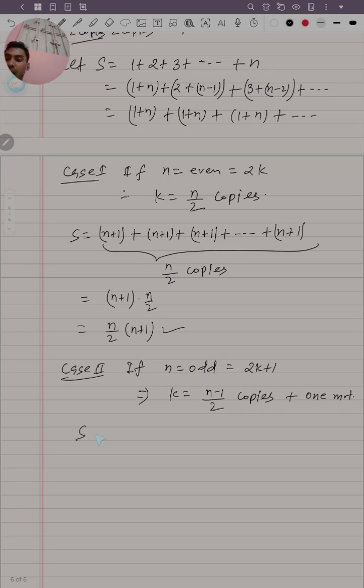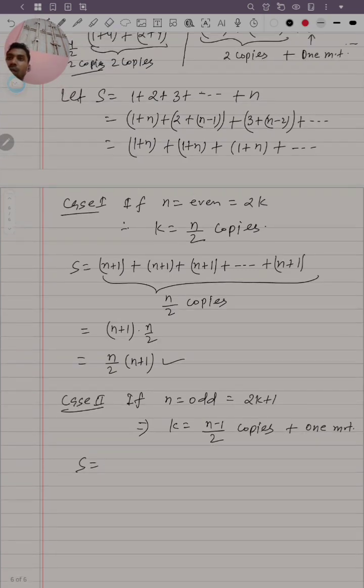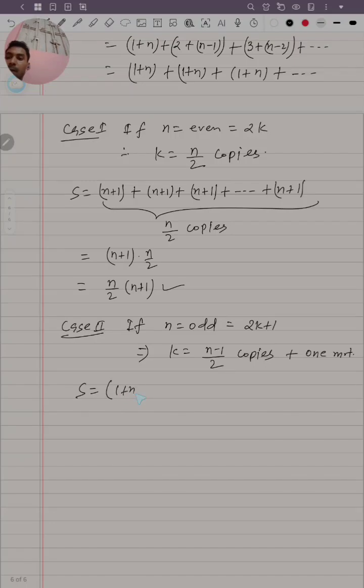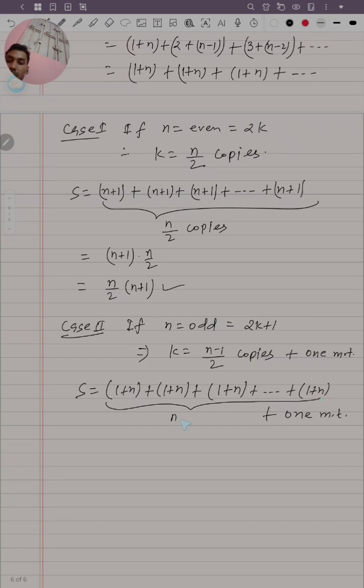So my S is 1 plus n, plus 1 plus n, plus 1 plus n, plus dot dot dot plus 1 plus n, plus 1 middle term. So 1 plus n is n minus 1 by 2 copies if n is odd. So 1 plus n is repeated n minus 1 by 2 times, therefore